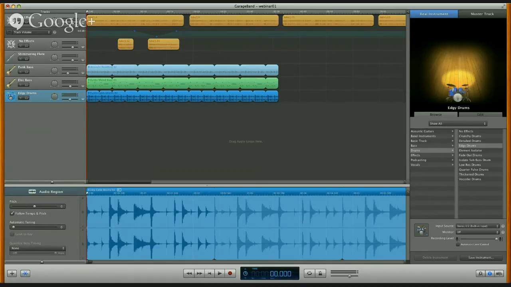just to provide an overview of how to get comfortable with the GarageBand interface. And just to provide a reminder, GarageBand is similar in layout to some of the more professional tools like Pro Tools or Logic Audio. It's a little bit more consumer friendly. It doesn't have all the plugins that some of the more professional tools have,